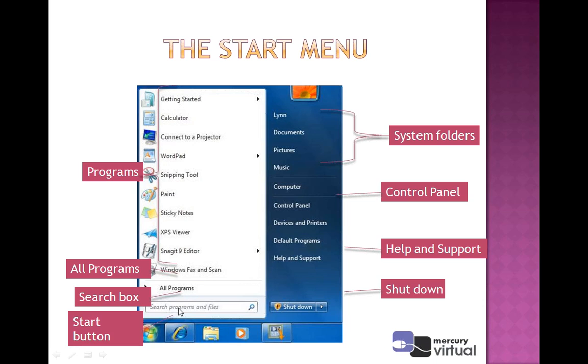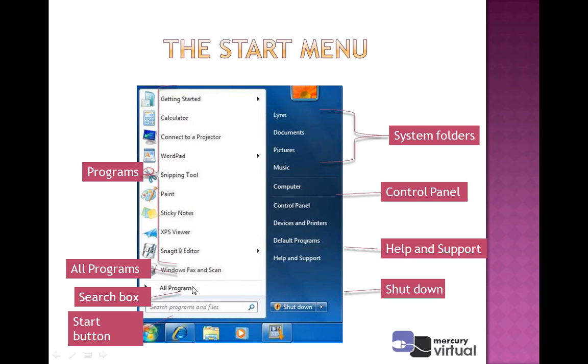This is a search box. It means you can search in this box where it is written search programs and files. You can search anything from here. For example, if I forgot where I saved my file, I can search it from this option by typing the file name. For example, I saved the file with my name, Harry. So I type harry.docx. With the help of this search option, I can access any file from anywhere. It means the location is not specified, but we can access the file with the help of the search option. Clear?